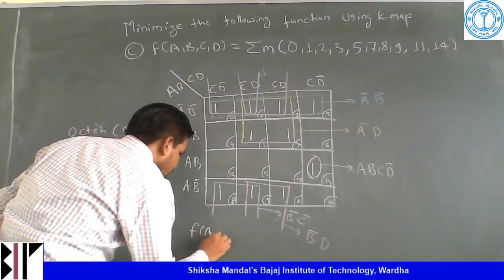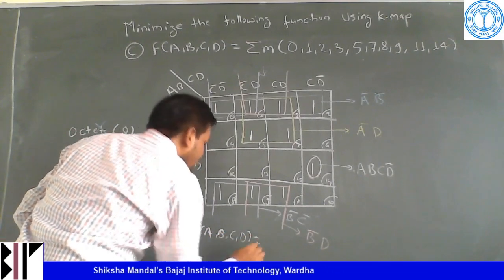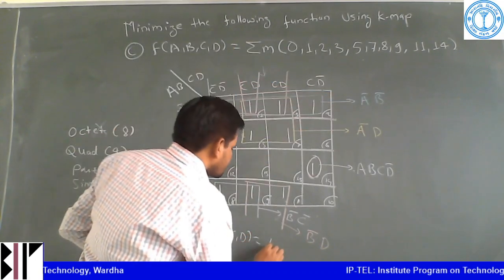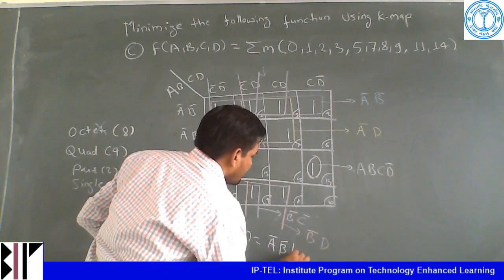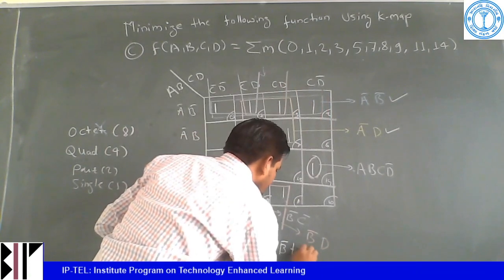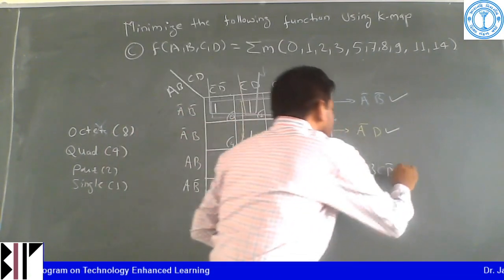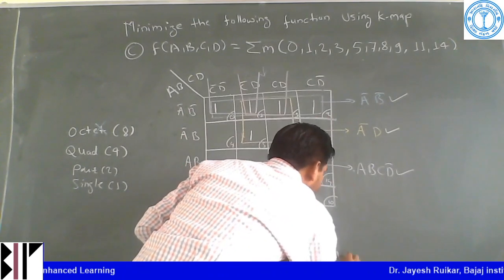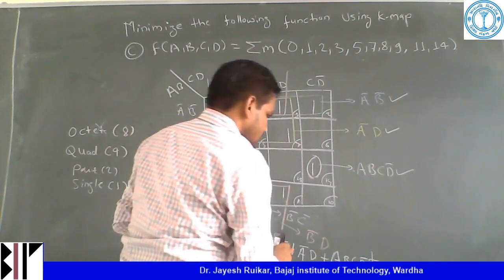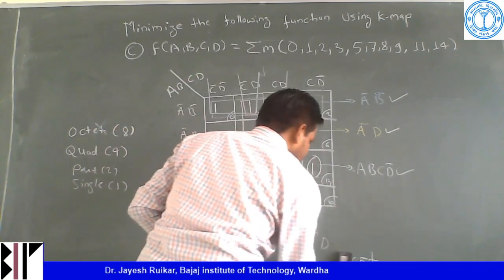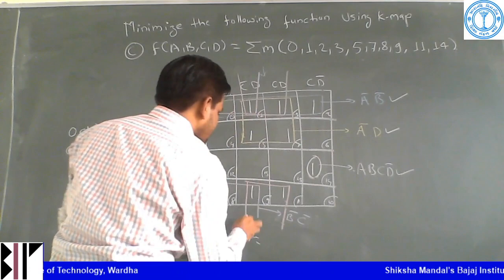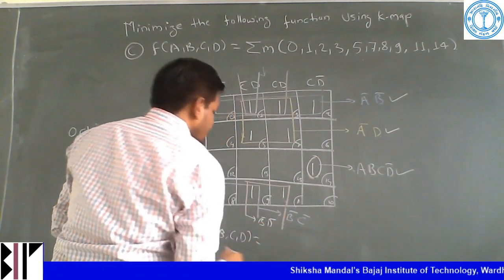So function A, B, C and D has the equation. Okay, so group 1 we can start with this, A bar B bar, plus A bar D, then this third is plus A B C D bar. Okay, I think this is not visible. I am writing it again. So I will remove this B bar D bar. Okay, I will write it here. So this is B bar D bar. Now I am writing the equation.